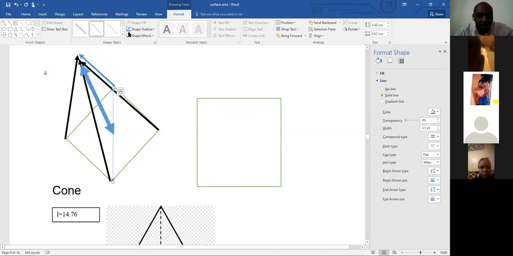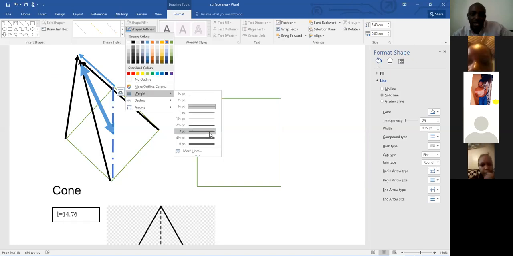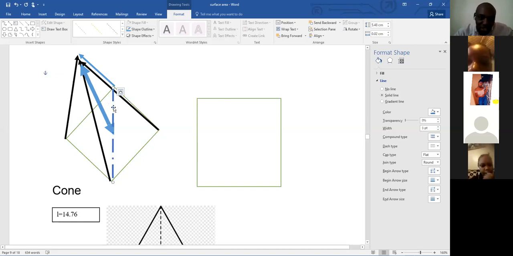Yeah. So if I format this shape here, okay, I put it some more weight. Dashes. Yeah, these dashes, and then I will give them some more weight. Yes. So this makes an angle of 90 degrees. So this one is making an angle of 90 degrees with this one here.